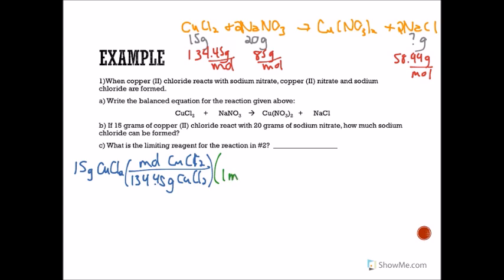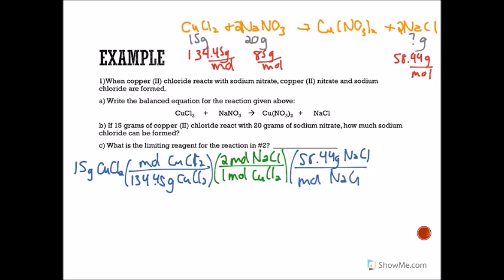We have 1 mole of copper 2 chloride for 2 moles of sodium chloride, and then we convert to sodium chloride using our molar mass over a mole of sodium chloride. And if we calculate this all out, 15 times 2 times 58.44 divided by 134.45, we get